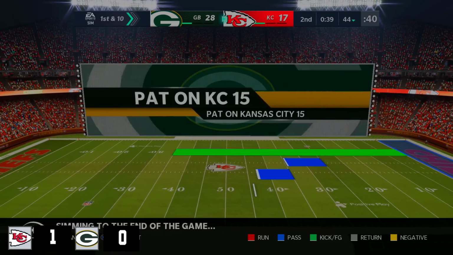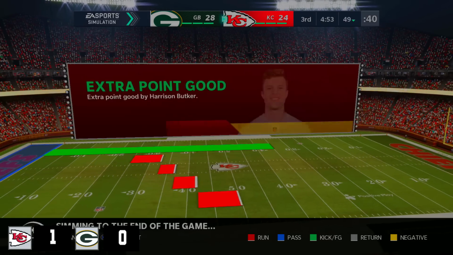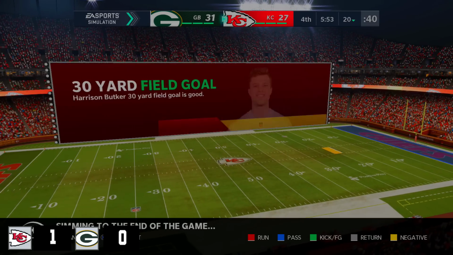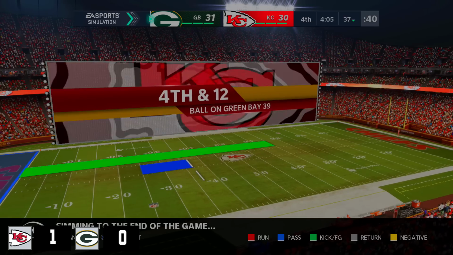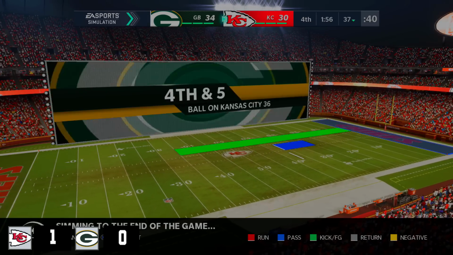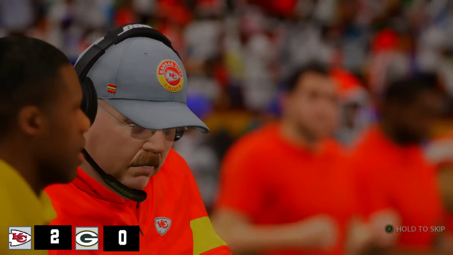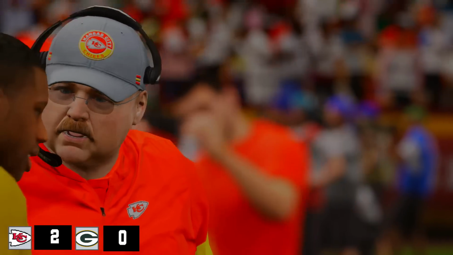Packers have the ball again, 28-17, two-score game, 28-24. Chiefs come right back. Packers go down, make it a touchdown game, 31-27 now. Chiefs are going down with a 4-point game. They get 3 points, field goal, 34-30, 4-point game. Packers down by 3, and the Chiefs pull out with a touchdown, and the Chiefs take a 2-0 series lead,